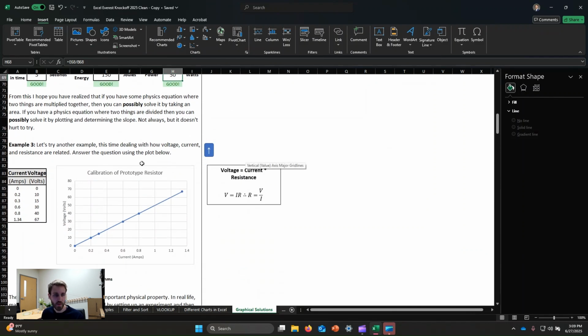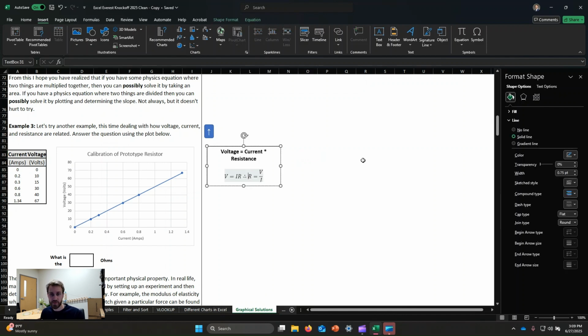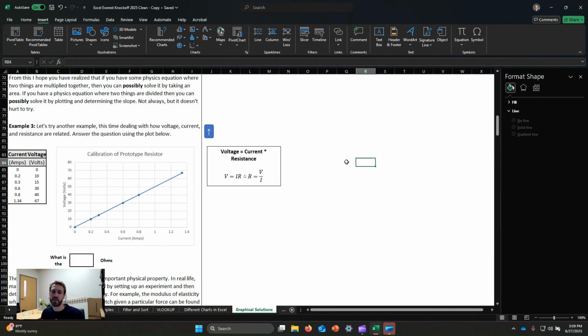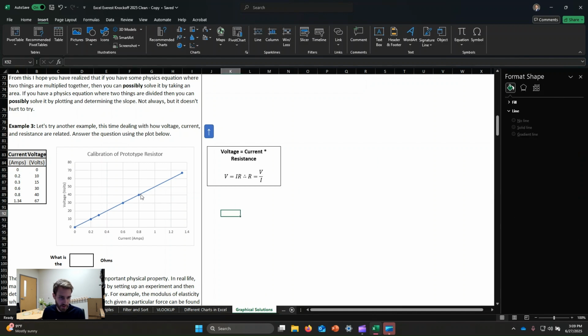Okay, moving along. What else can we do with this information? This is a similar idea where we look at slope and the relationship between two variables. But now we've measured voltage and current, and we want to know about resistance. So in an electrical circuit, the voltage drop across a component is equal to the current running through it times its resistance. So we can rearrange that to say that the resistance, an inherent parameter of an electrical component, is found by looking at the voltage drop across it, which you can measure, divided by the current through it, which you can also measure. And so we can just pick a point off this graph,